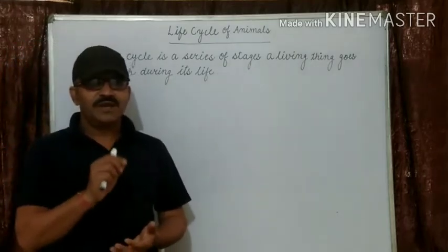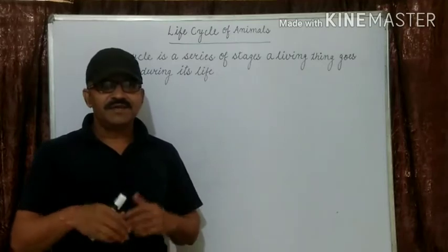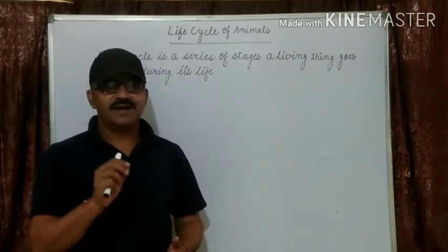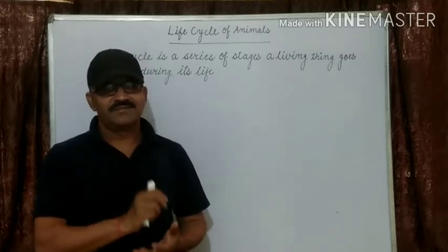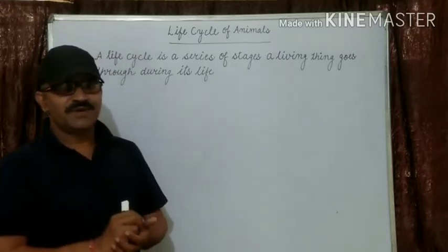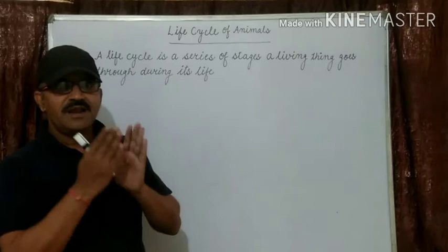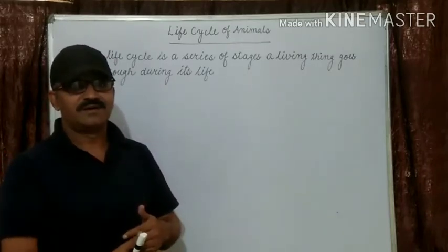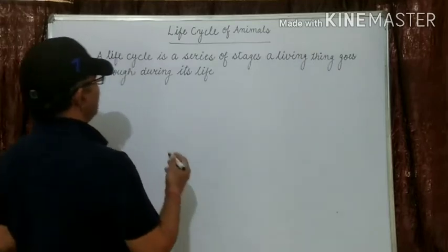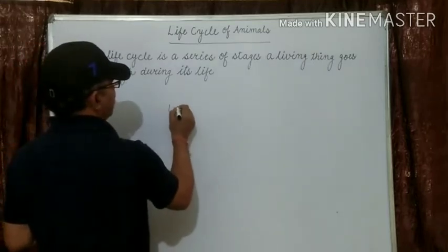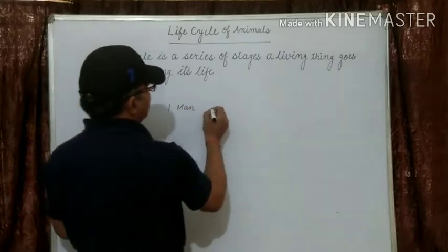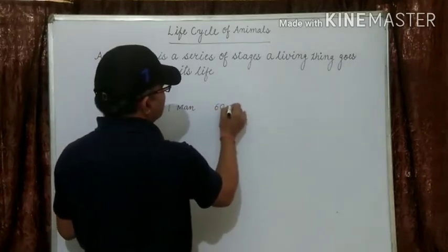The length of the life cycle differs in living things. Some animals have a short lifespan, while others have a very long lifespan. What do you mean by lifespan? Lifespan means the length of life, the duration of life. Suppose one man dies after 60 years,